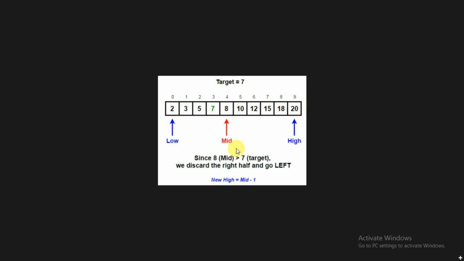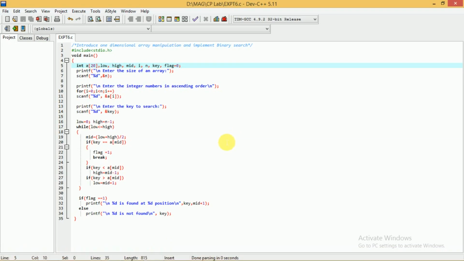After this we'll come back to this, because this is an example of a binary search technique. Now we'll go back to the program. This is the C program, and here I think we were discussing this array variable declaration. We saw how to declare an array variable. Along with this you can declare the other variables also which are required to execute this particular program.